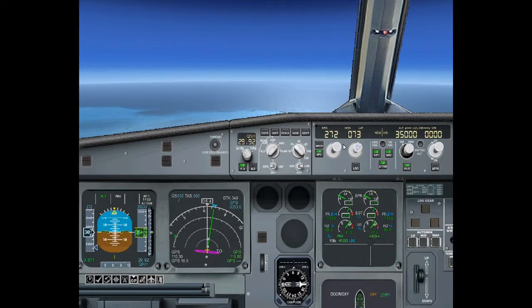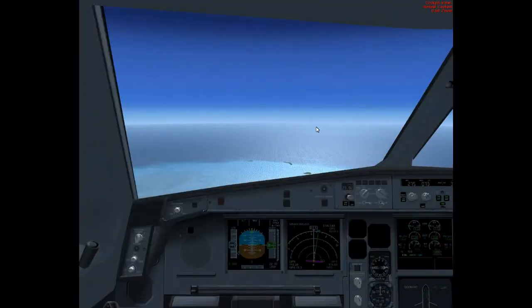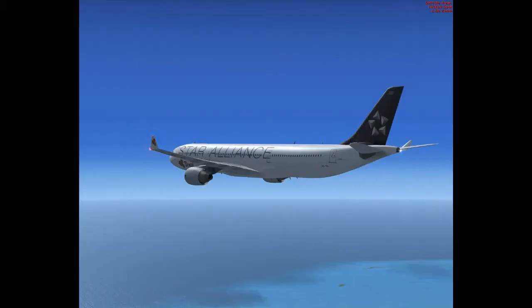World Travel 1392. Contact Male Center now on 119.7. World Travel 1392, switching, thanks. Male Center, World Travel 1392 with you level at 350. World Travel 1392, roger. It's possible that it's a fuel quantity gauge malfunction and not a real imbalance, but given the rate at which...